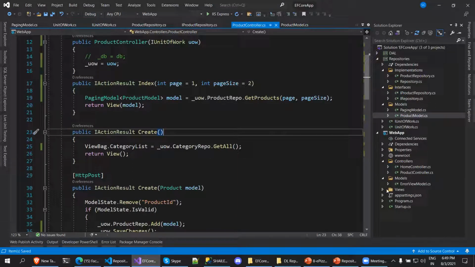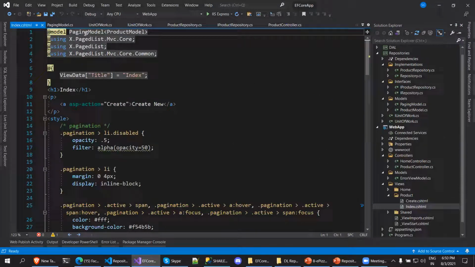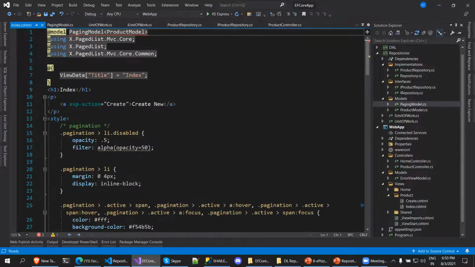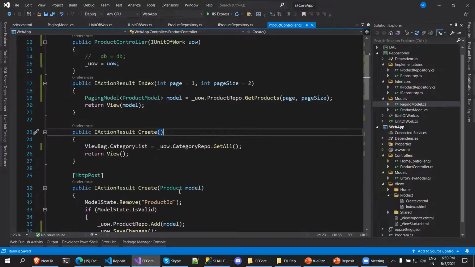And at the UI also need to change it. At the UI level, index one, this namespace has been changed now to this one. So make sure you edit it here, like this way. So namespace also you need to change. If you have changed it,